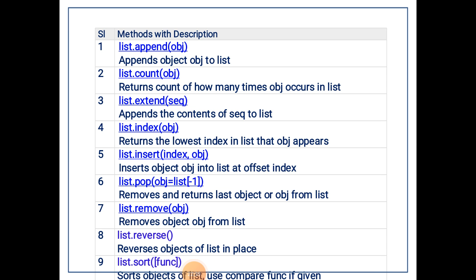Now you can see the methods: list.append(obj) appends an object to the list; list.count(obj) returns the count of how many times an object occurs in a particular list; list.extend(seq) appends the contents of a sequence to a list; list.index(obj) gives the lowest index in the list at which the object appears; list.insert(index, obj) inserts an object into the list at offset index;